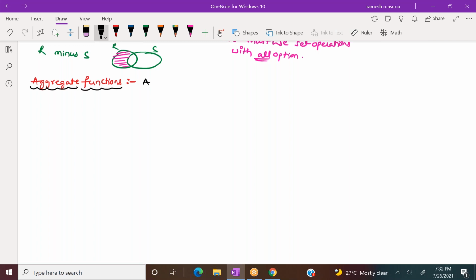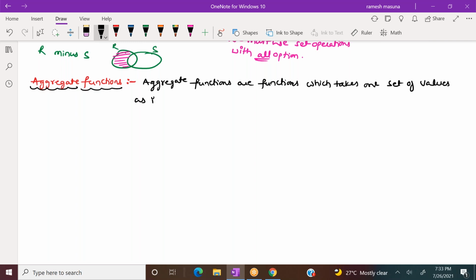What are aggregate functions? Aggregate functions are functions which take one set of values as input and return one value as output.